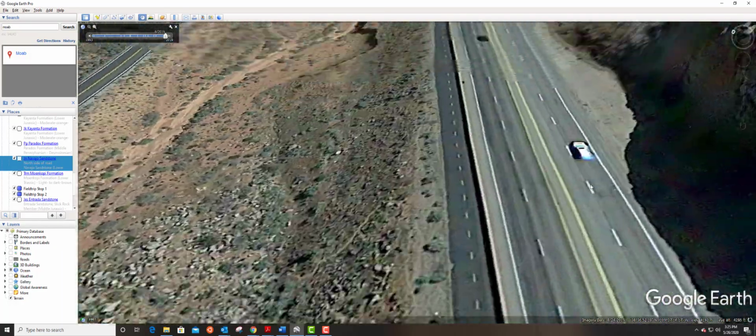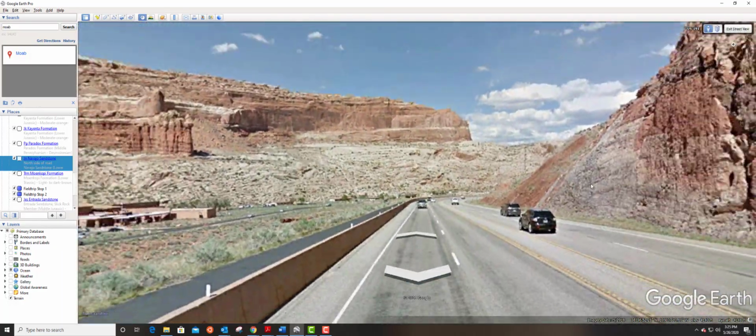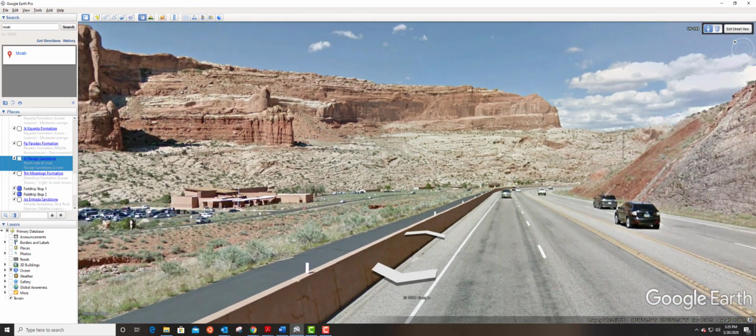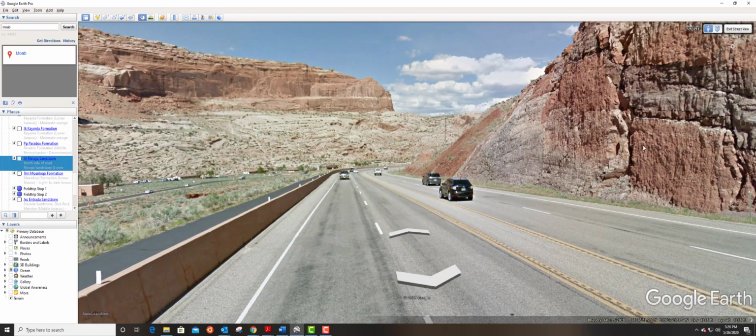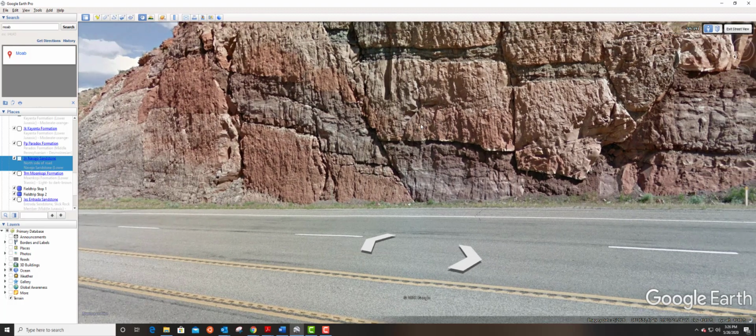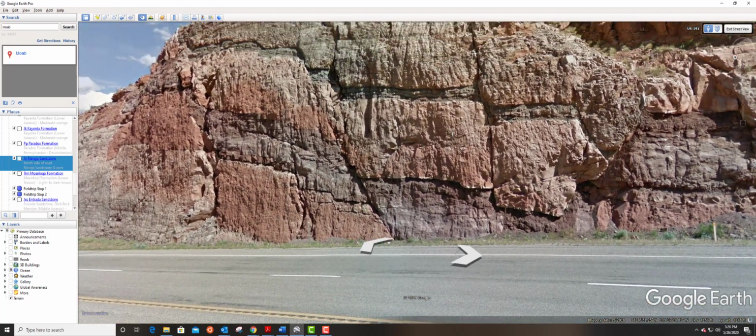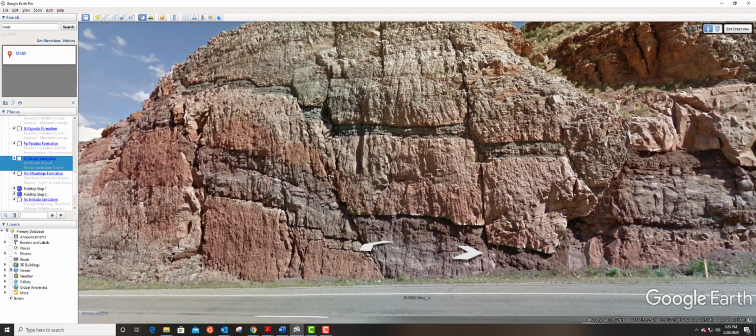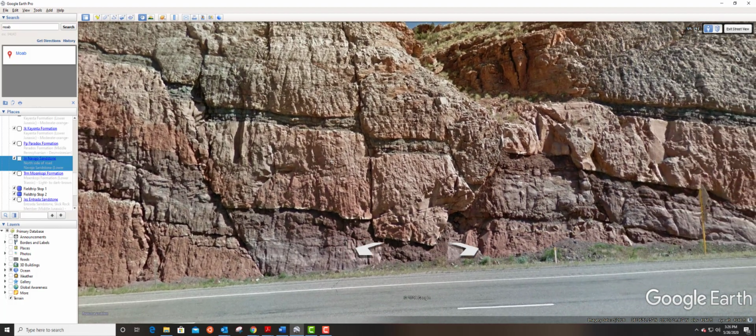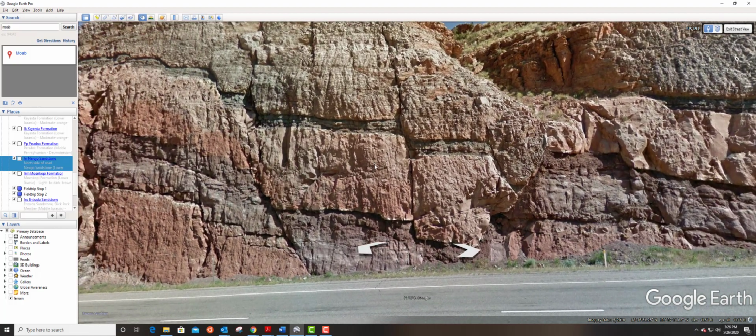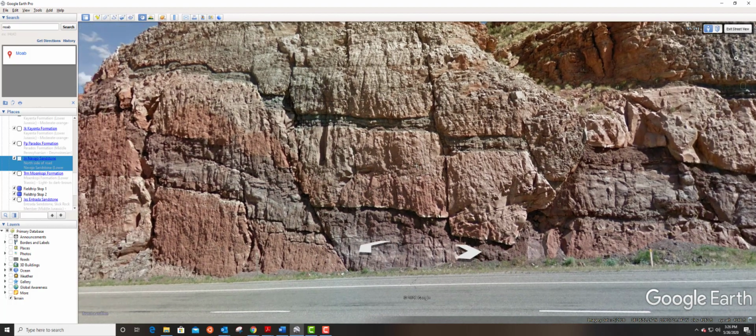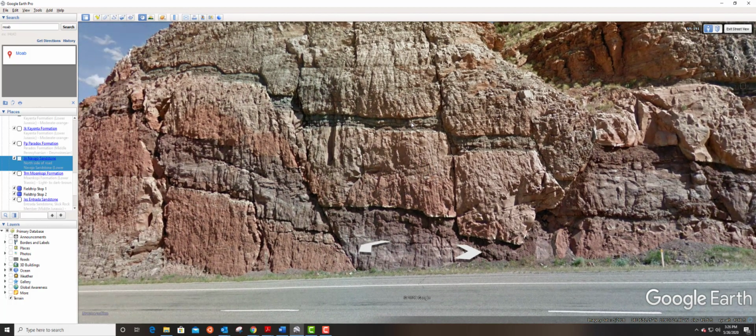So field trip stop 1, I'm going to drag and drop into here. Over here, if we look back this way, again, that's the Navajo Sandstone. That's the Entrada on top of that. And if we look back this way, we've got some structure. Okay. So what I'd like you to do with this outcrop, the first thing you're going to do is sketch